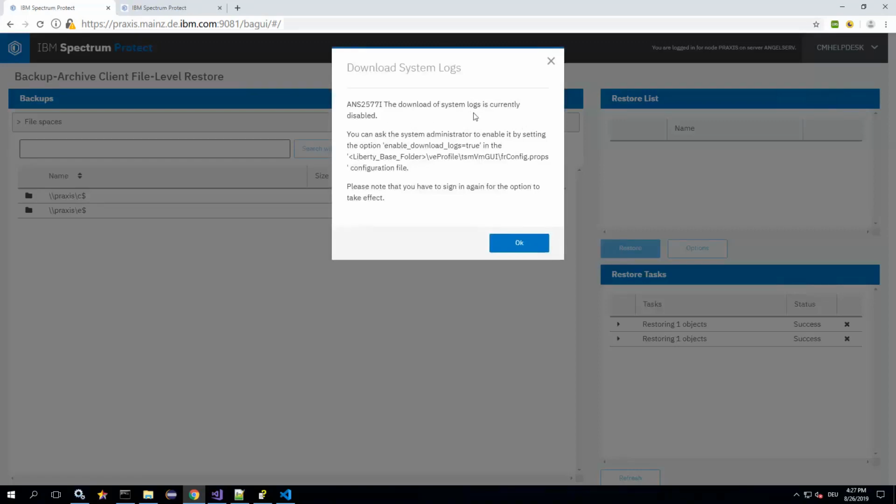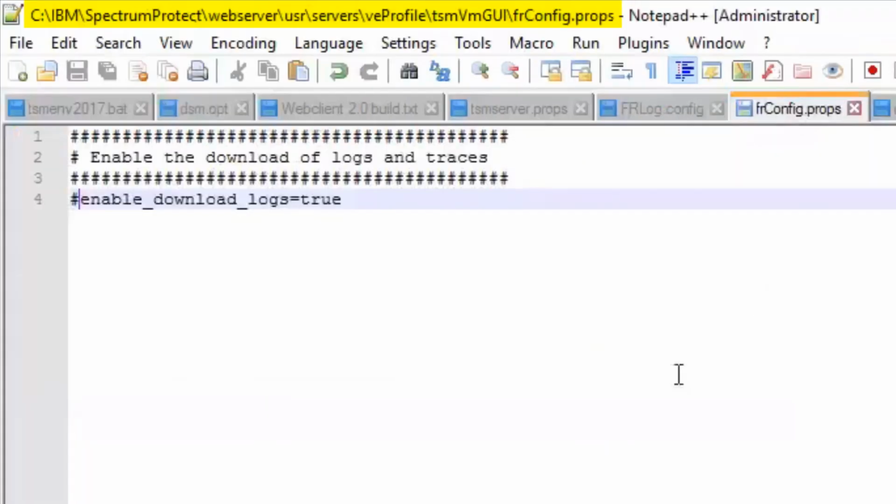Another thing that can be done from this GUI is the node administrator can request to download the system logs that include all of the Spectrum Protect backup and restore logs and option files. And they will have to first get permission from the system admin for this specific machine. And so in order to do that, that system admin would have to go into the Liberty folder and edit the tsmvm